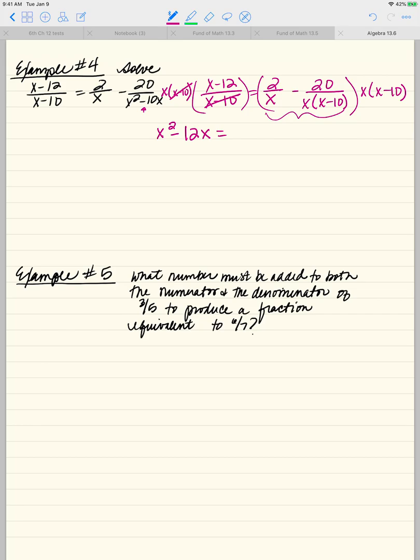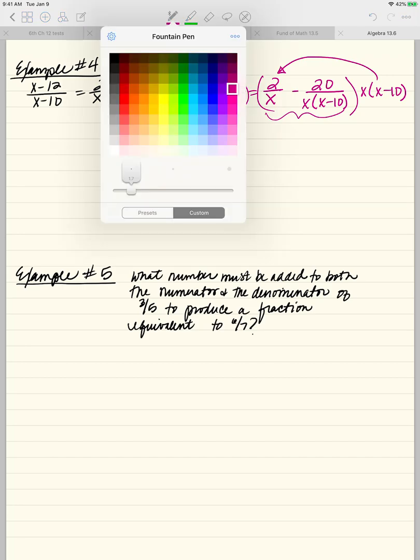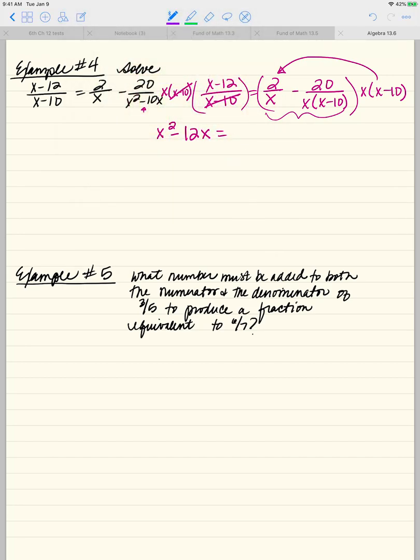So we have to make sure we multiply that x times x minus 10 times both of these terms, okay? So x times x minus 10 times 2 over x. Let's just write that out, and I'm going to do it in a different color so we can see what's happening here. X times x minus 10 over 1 times 2 over x. Our x's are going to cancel out, okay, and we're just left with 2 times x minus 10,